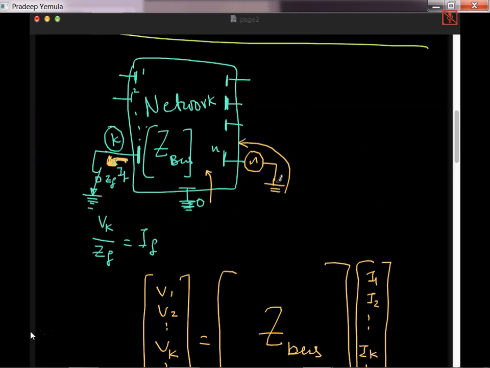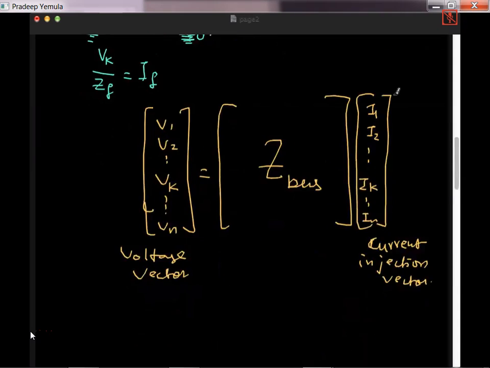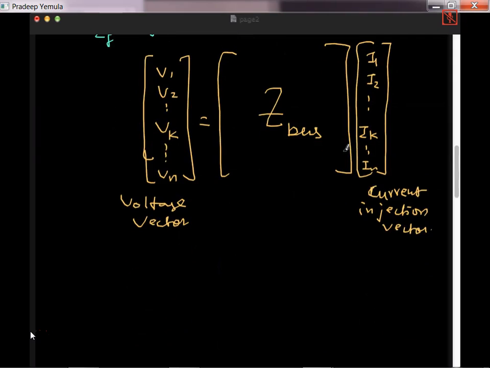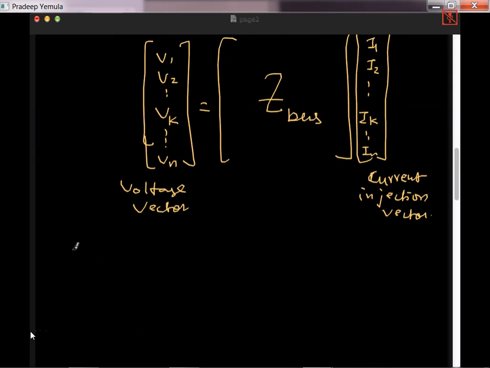So from that again the current goes into the network. Like that, the current can go into the network from any part of the network which is grounded. Finally it comes here. Strictly speaking, since we are not worried about the external currents for the other buses, I can write something like this. The only change will be if there is a fault at bus K, then I'll get,